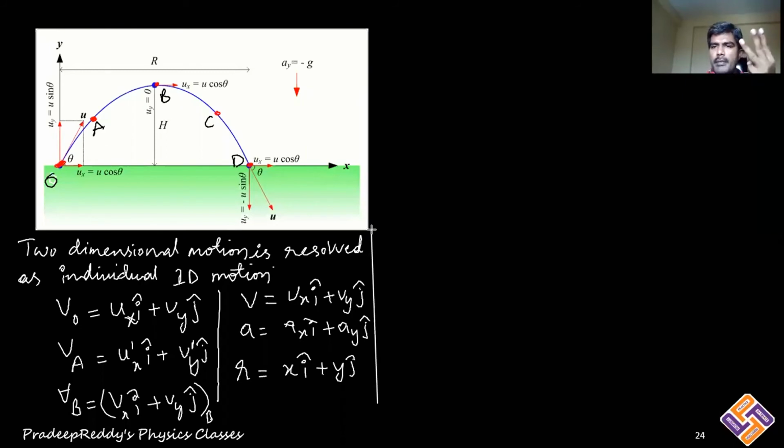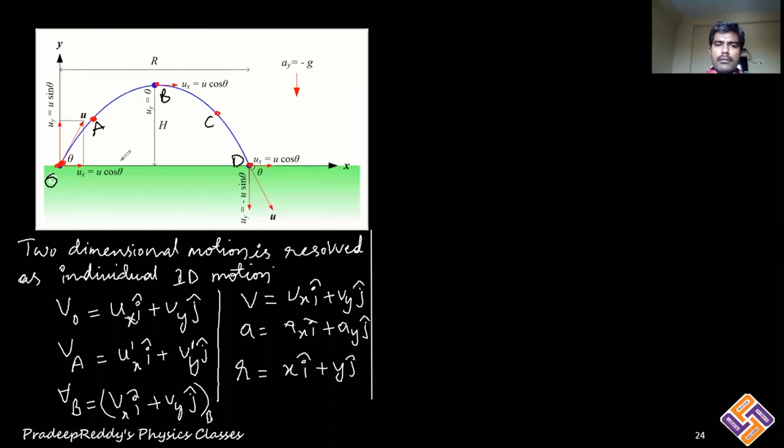Anything you can write down by considering this in two dimensions. Suppose it is three dimensions, what do you do? x i plus y j plus z k. Velocity can be written as vx i cap plus vy j cap plus vz k cap. Acceleration can also be written in the same way. Along three individual dimensions we will be finding out velocities, and you will write it in the form of a vector so that you will get the final velocity. That is the technique we will be using here, and we will be finding out velocities at different positions of the body, and displacement and also acceleration.